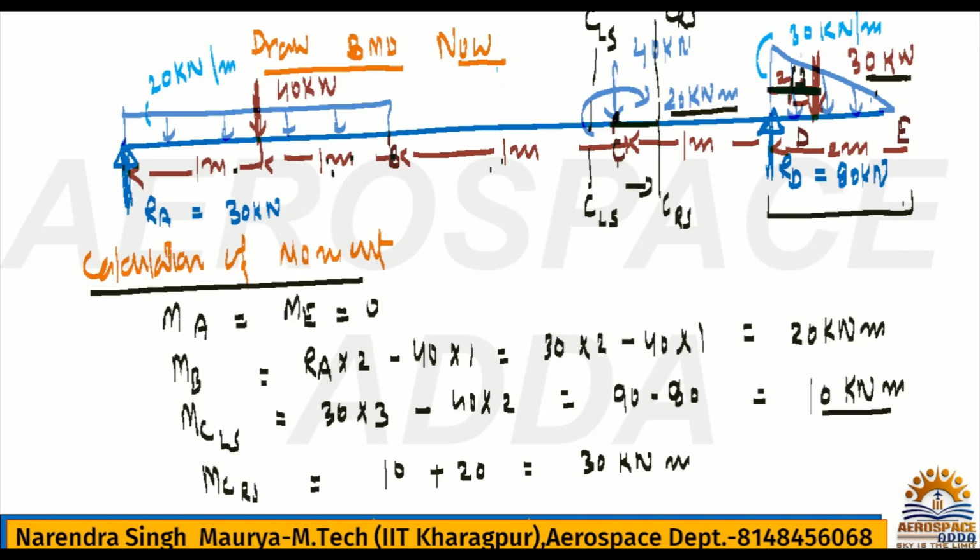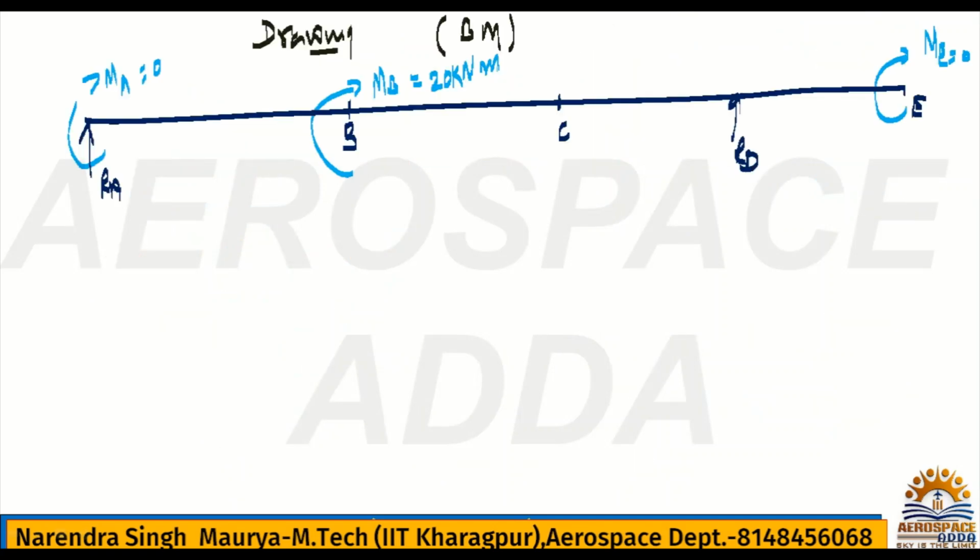MC, moment at point C. It is left and right, both we have to write. So left side it is 10 kilonewton and right side it is 30 kilonewton. Both moments we have to write. So at C,